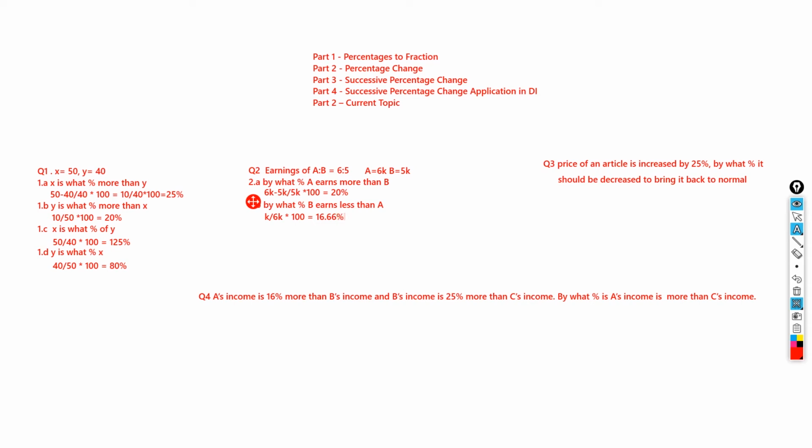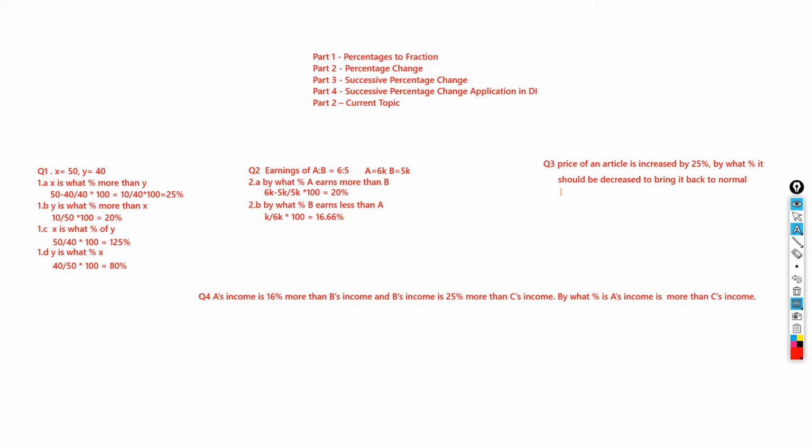So guys, we need to remember this. When we were discussing the percentage to fraction topic, we discussed that 1 by 6 is 16.66, so we see that this is occurring. 1 by 5 is 20, and 4 by 5 is 80, so 4 by 5 is 0.8. So we have to clearly look into these scenarios.